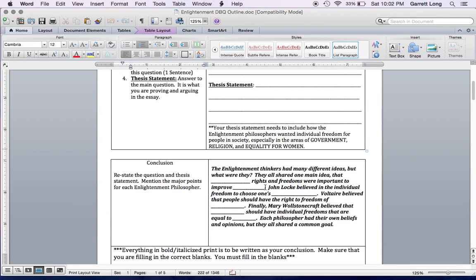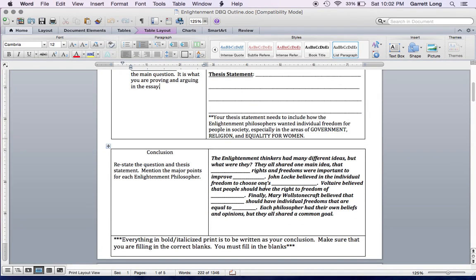Moving on to the conclusion, I've already mentioned that we're going to go out of order, but that's okay. Your conclusion needs to include the following: restatement of the question and the thesis statement. You also need to mention the major points for each Enlightenment philosopher. Now, what I did right here